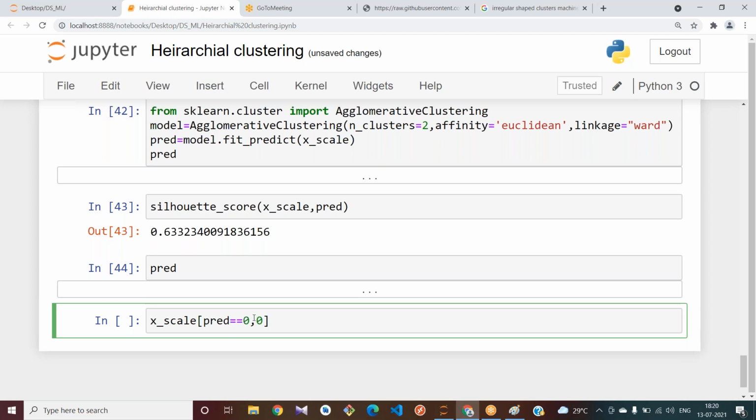See, I am comparing the values which have the prediction value 0, cluster 0, and only extracting the values from the 0th column. On X we need to plot one column's values, and on Y one column's values, right?